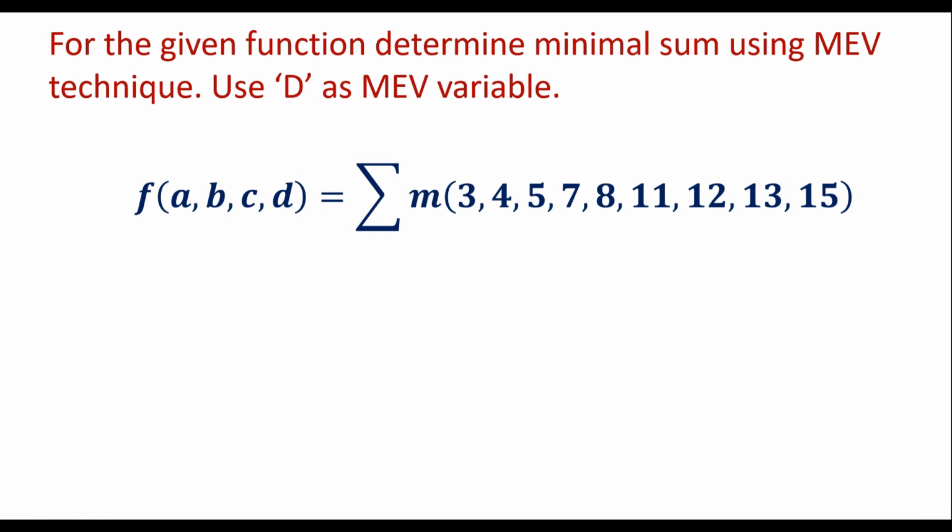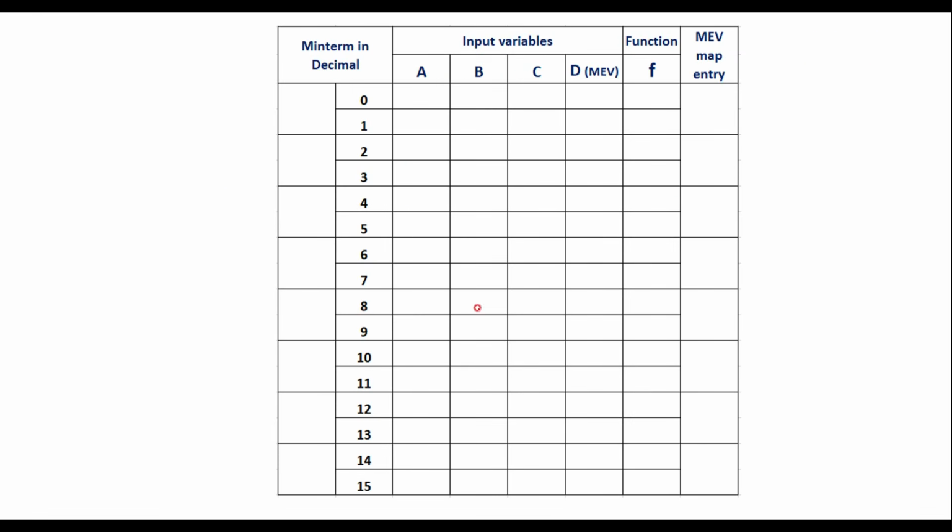13 and 15. So here, as we know, in function there are 4 variables, the possible binary values varying from 0 to 15. So these are the minterms. First write this table. Let A, B, C, D are the input variables. I will represent all the decimal minterms in binary. Possible values are 0, 0, 0, 0,